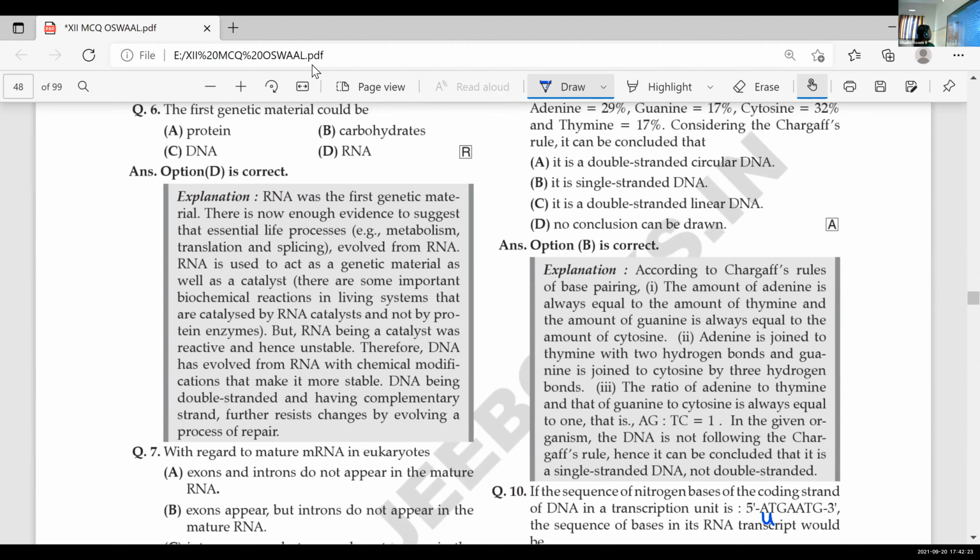Which is the next nitrogen base? How are they paired? Tell me the combination. Adenine, thymine, guanine, cytosine and guanine. A, T, C, G. This is how they pair. But when it comes to RNA, the only difference is T won't be there. Instead, it will be U. So, T will be U.